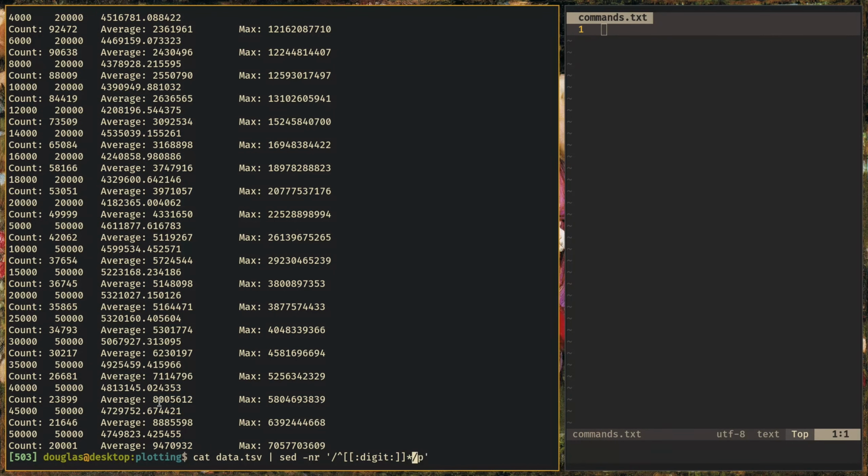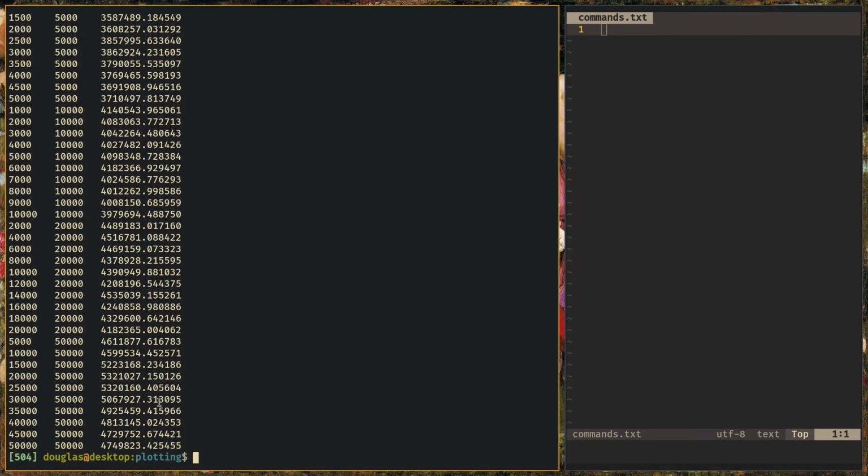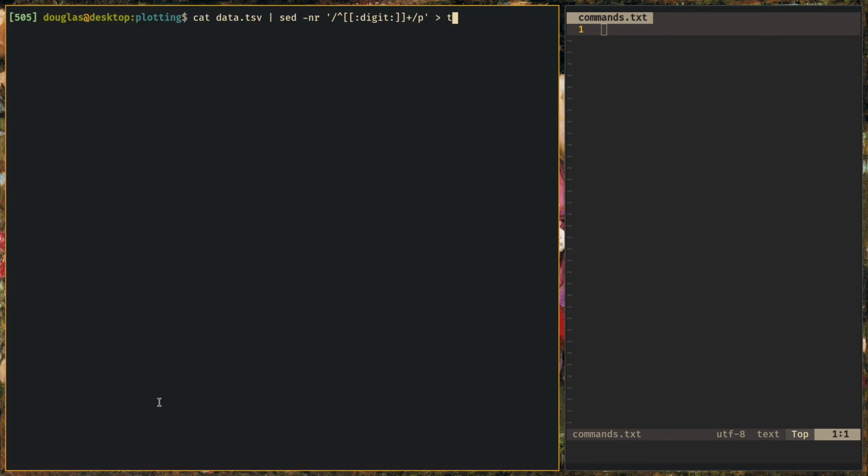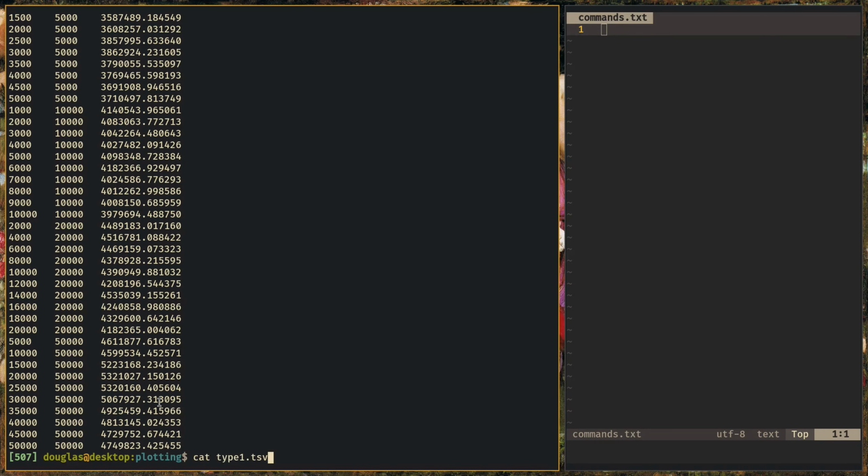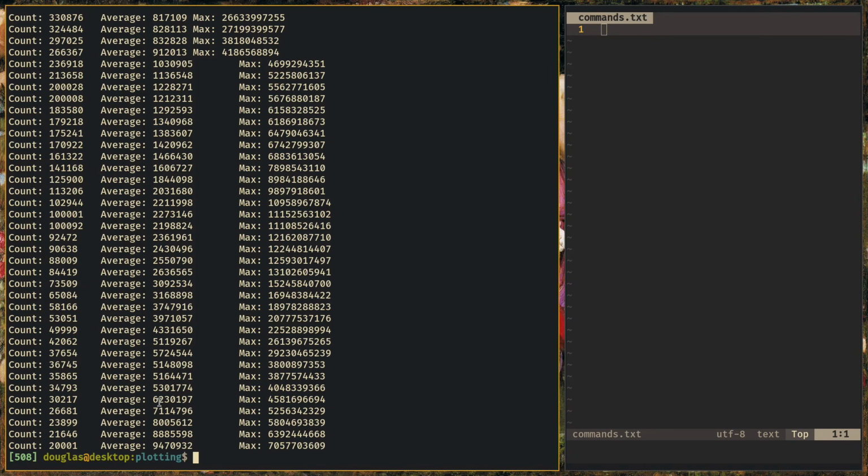I would have figured the star would work, but okay, so we need the plus. Cool. And so we'll just pipe that to a type1.tsv file like so. All right, so now we have our type 1 file, which has those first lines, and our type 2, which has the second. Now, the next thing I'm going to do is just to clean this type 2 file up,